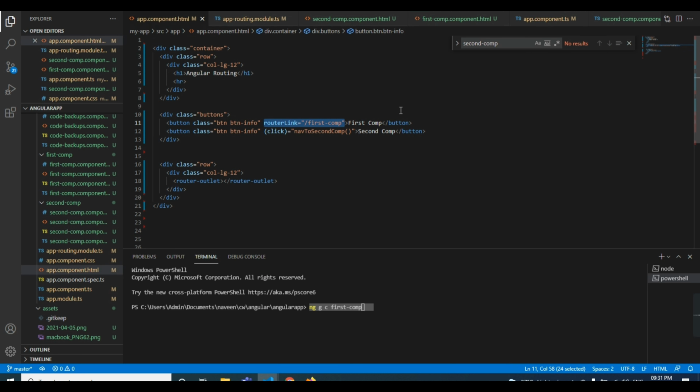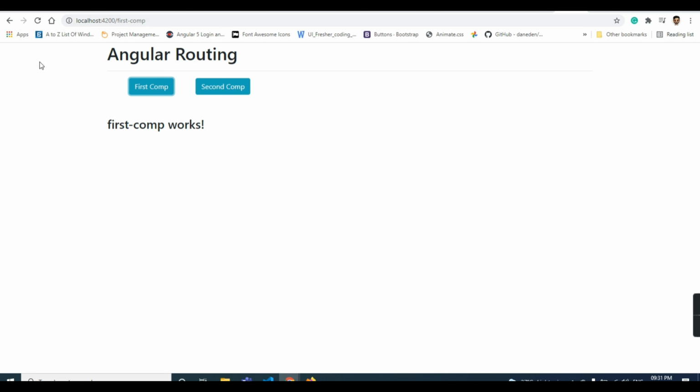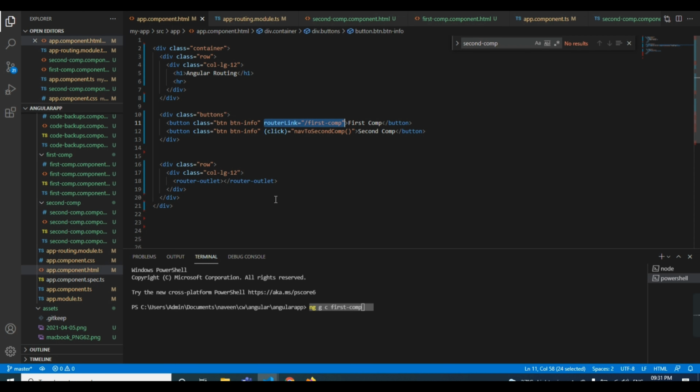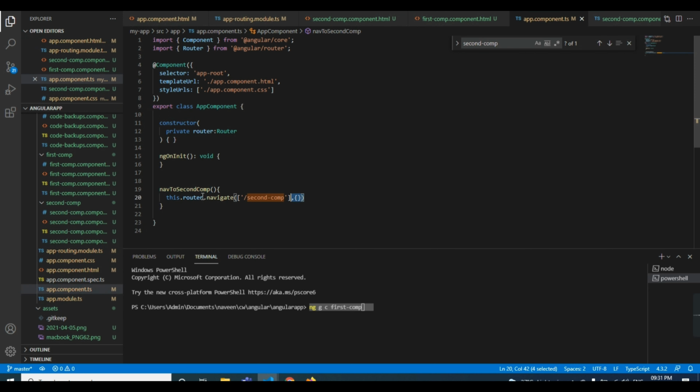Mostly it is used for going back to the previous page. If I have a functionality and after the logic is satisfied I need to navigate to the second component, then I will use this kind of function, and I will give the route directly like this. I will navigate this. Okay, thank you.